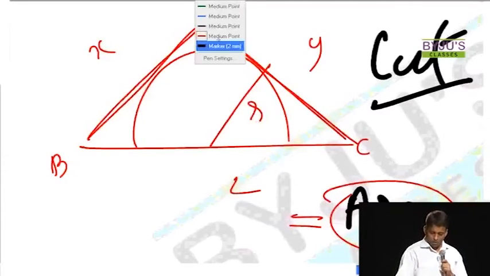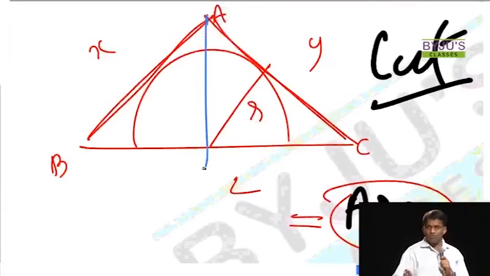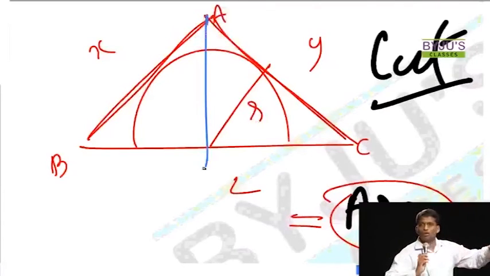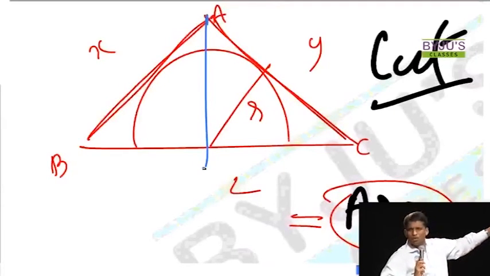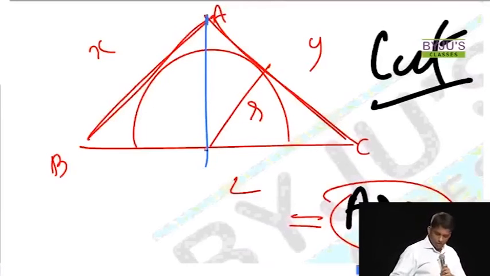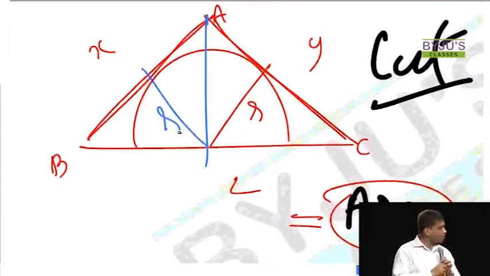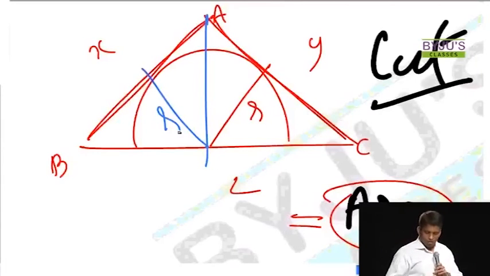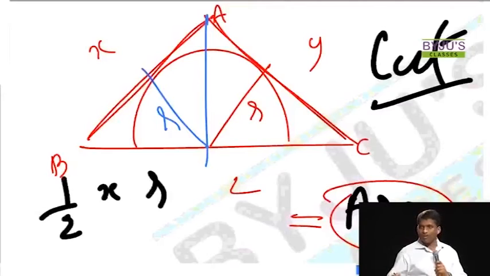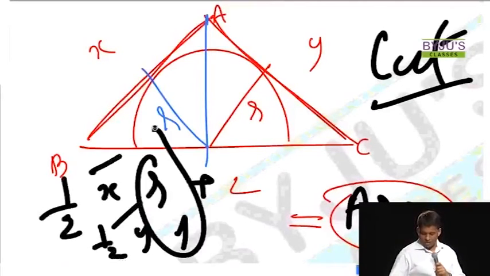And how do you find out? Just cut the diagram. You cut the diagram, it's over. This is what you call solving. You might say, just to make it look like math, you can say join A to this point. But now how is it over? This is just logic, right? It's not math, it's just logic. It's over because on the left hand side you have half into x into r plus half into y into r. X is given, y is given, only r is left out.